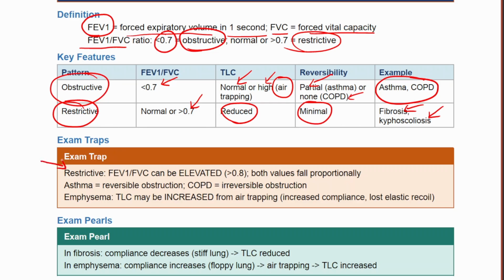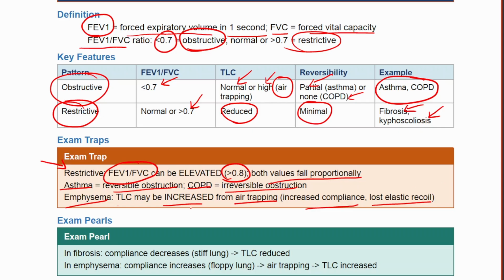In a restrictive disease, do not assume a drop in this ratio means an obstructive ratio. The ratio can actually be elevated, often exceeding 0.8, because both individual values fall proportionally. Remember the classic clinical distinction. Asthma represents a reversible obstruction, whereas COPD represents an irreversible obstruction. Additionally, in emphysema, the TLC may be increased specifically due to air trapping. This occurs because the lung experiences increased compliance and a loss of elastic recoil, creating a highly distensible but inefficient